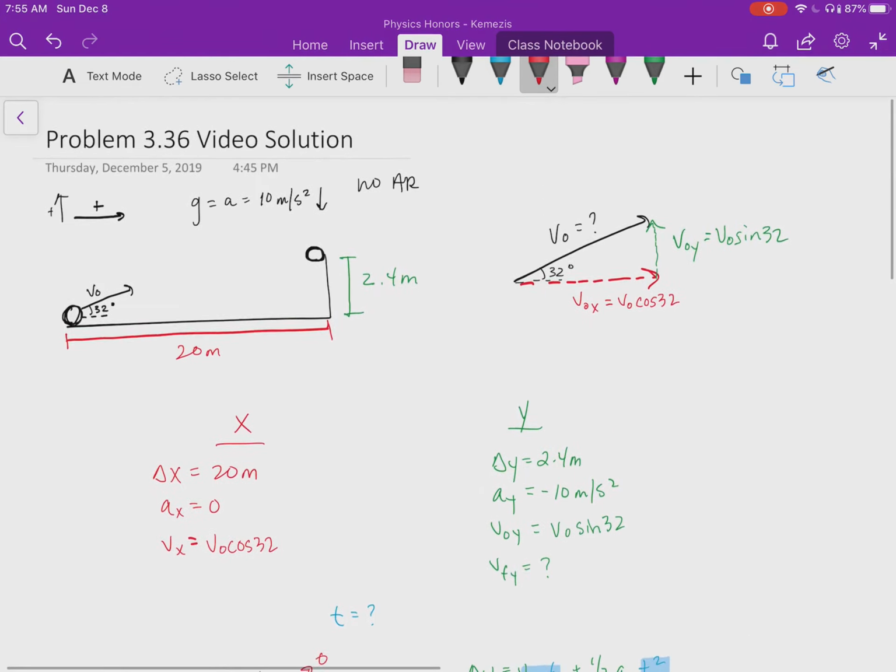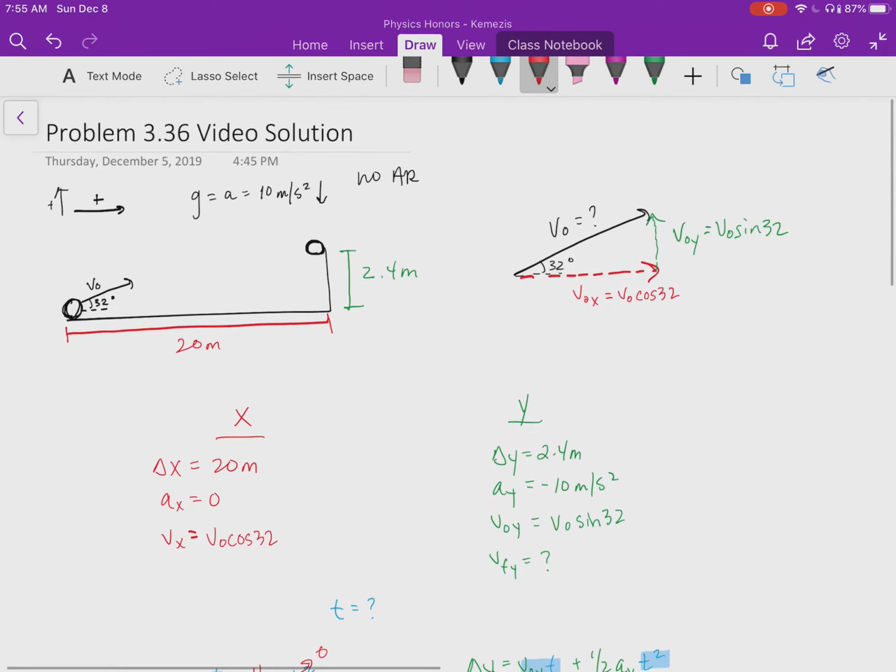Okay, the key to this problem, again, you're stuck until you can look at your components and think about them in terms of the resultant, the initial velocity that's coming off at that angle, because otherwise you would be stuck and you cannot find another equation and you wouldn't be able to solve. That's why, thinking back to our last check-in, it wasn't good enough to just say mgx and mgy. You needed to say mg cosine of the angle and mg sine of the angle. Break it down as